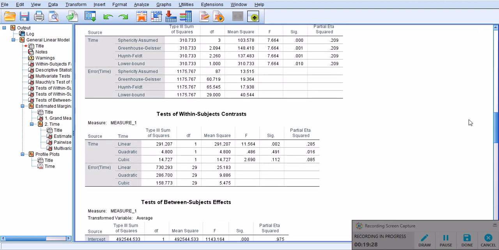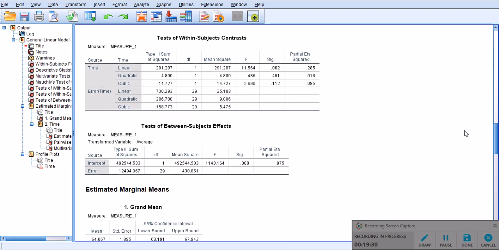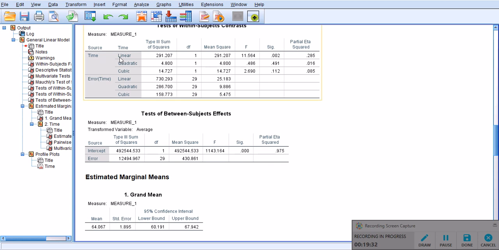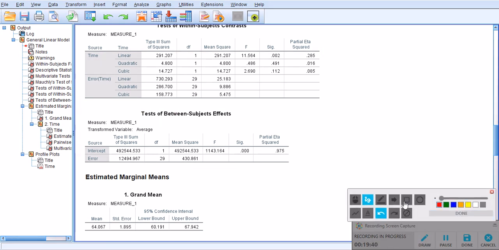So the best way to describe it is a linear model. Quadratic models, as you can see, the linear model, and let me just again highlight this so you will see what I mean. So the linear model has a significance value of 0.002. A quadratic model is not significant,